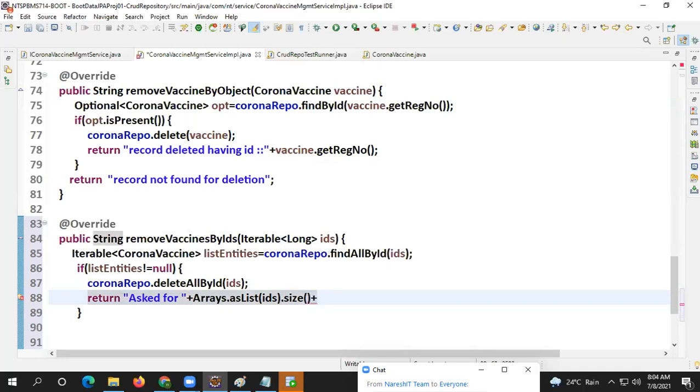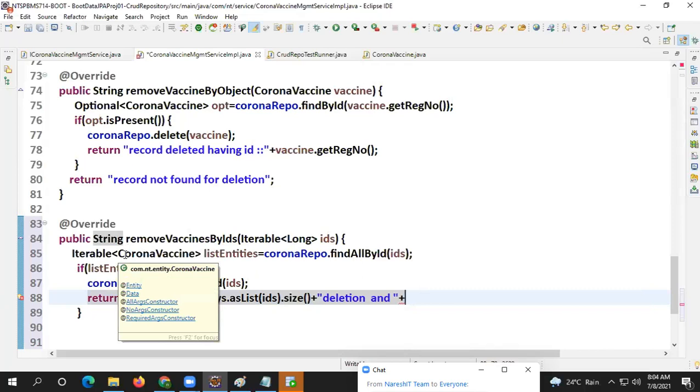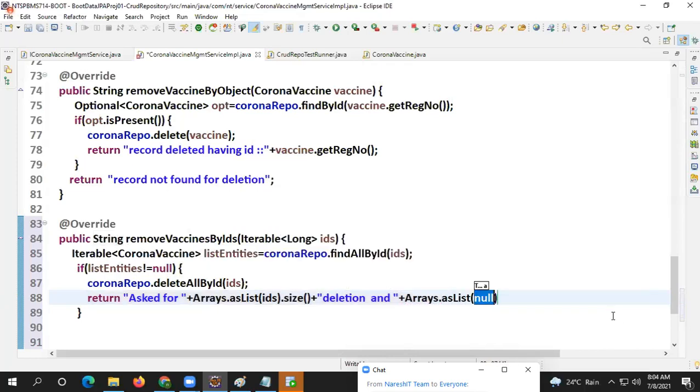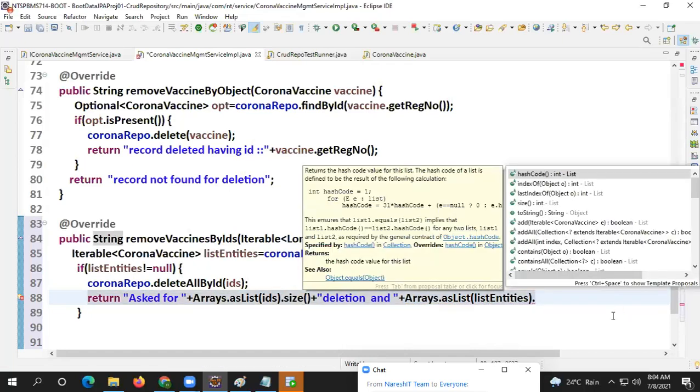Asked for deletion. Asked for these many records deletion. Okay. And array, how many IDs are there? Those many entities will come or not? How many IDs are there? Those many entities will come or not? Come on. Arrays dot as list, list entities dot size